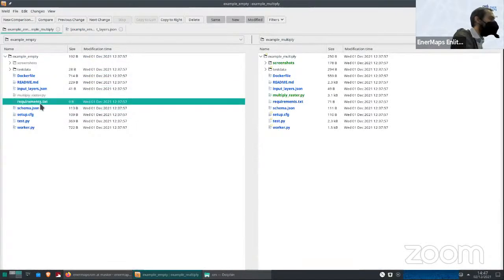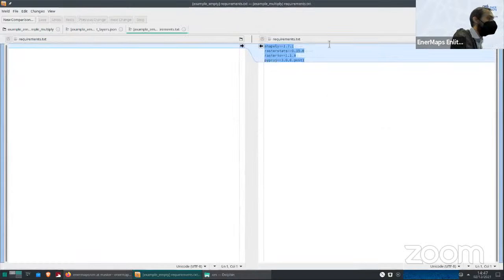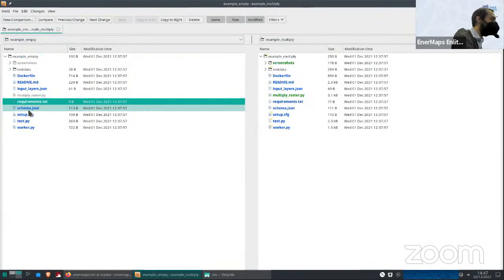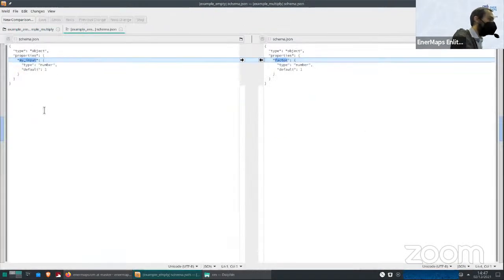Then we have the requirements. These again are the standard Python way to define which libraries and packages you want to use for the service that you're developing. And then we have this important JSON file where you can define the interface.